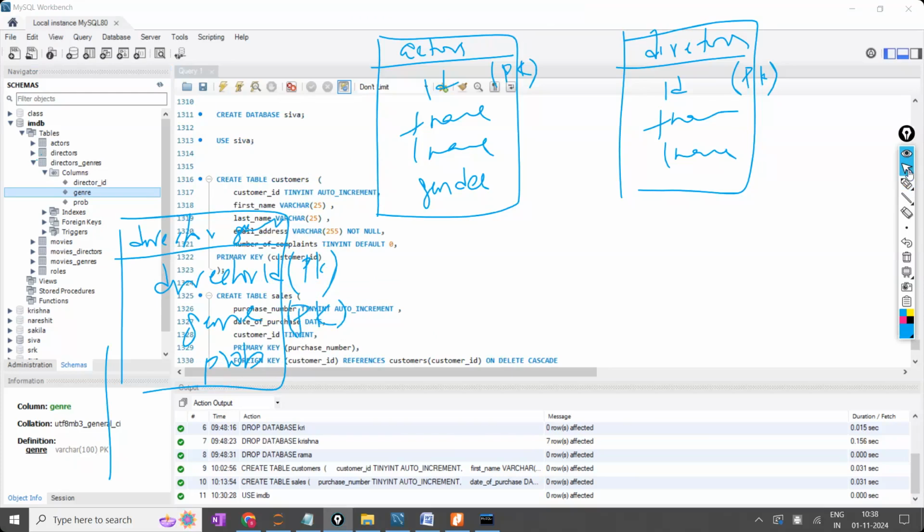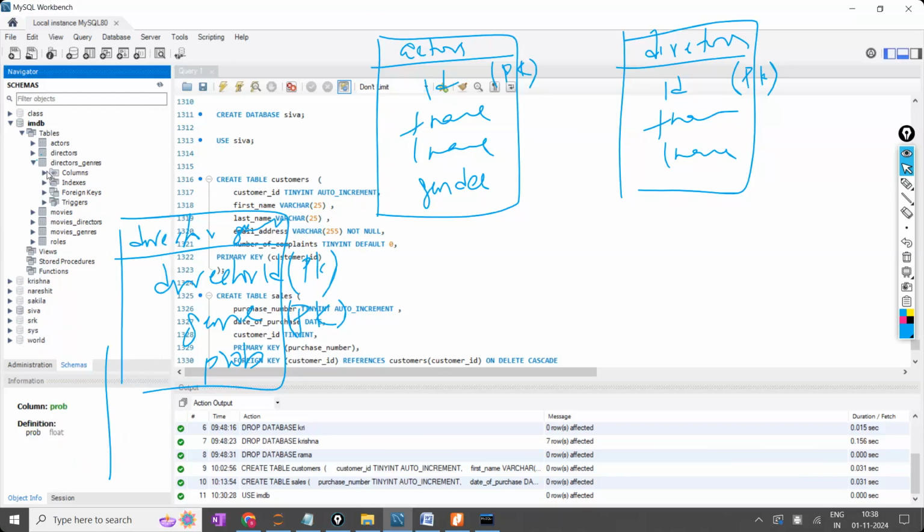Possible. Two primary keys are possible. Whatever you remember from the previous, whatever you have learned in SQL, you try today and tell me tomorrow. While creating that table, create the 2 different columns as primary keys and tell me tomorrow. Okay. Prop. Okay. Now we are having like this.